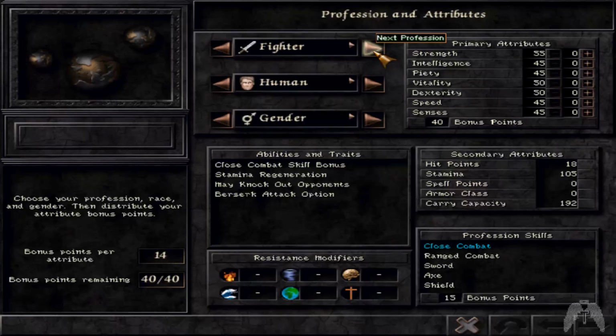I'm going to go through and make my party, as I said. I have an idea of who I want. Now, what's interesting is if you look over here, where it says bonus points,